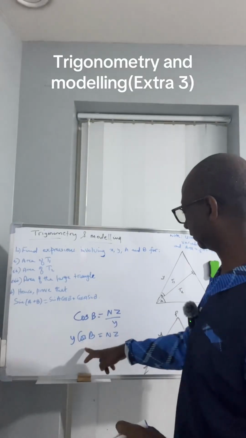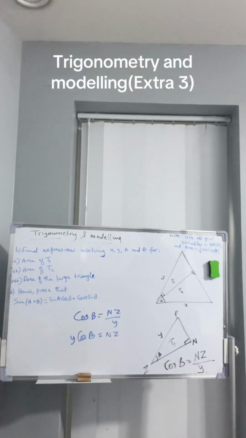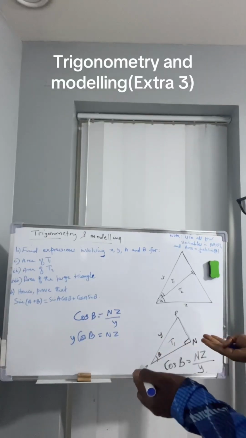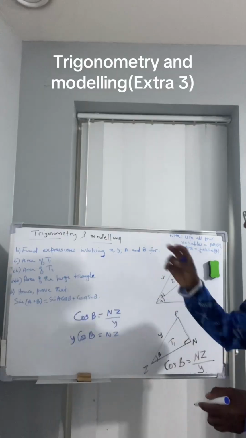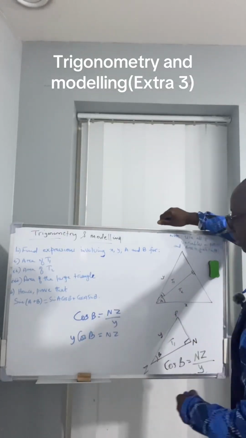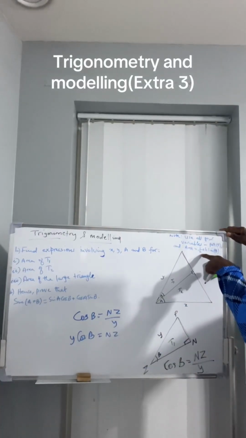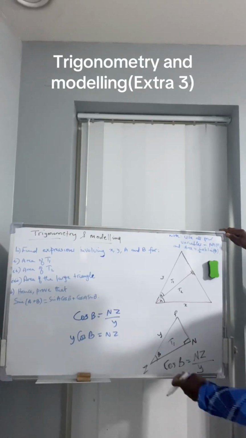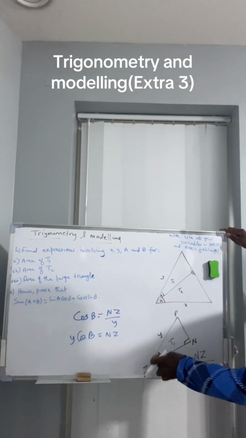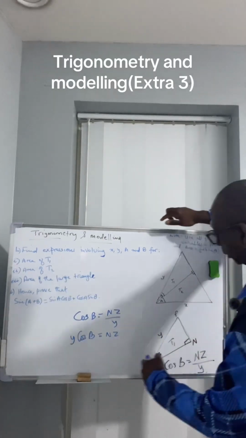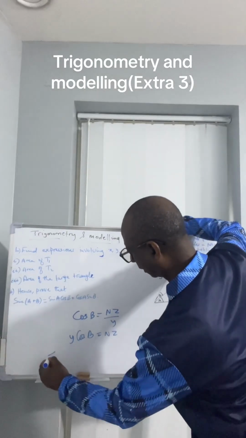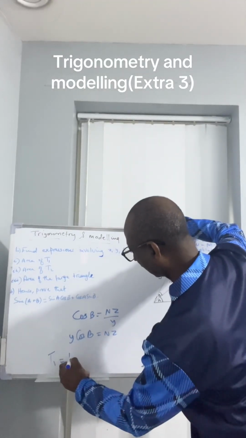This is what we get for this length. So now if we want to find the area of this triangle T1, which is given as half AB sine theta, so it's going to be half this line, sine of B. So I'll just say T1, that's the area. Half